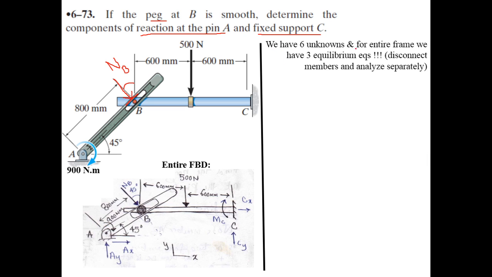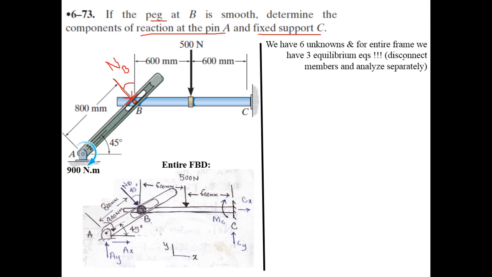So we have six unknowns, and for the entire frame we have only three equations of equilibrium. If I ask you to apply the equations of equilibrium on this frame, in two dimensions, of course, you will have only three equations, Fx, Fy, and moment. And from these three equations, you cannot find these six unknowns. Therefore, we have to develop some kind of strategy to solve this frame structure,